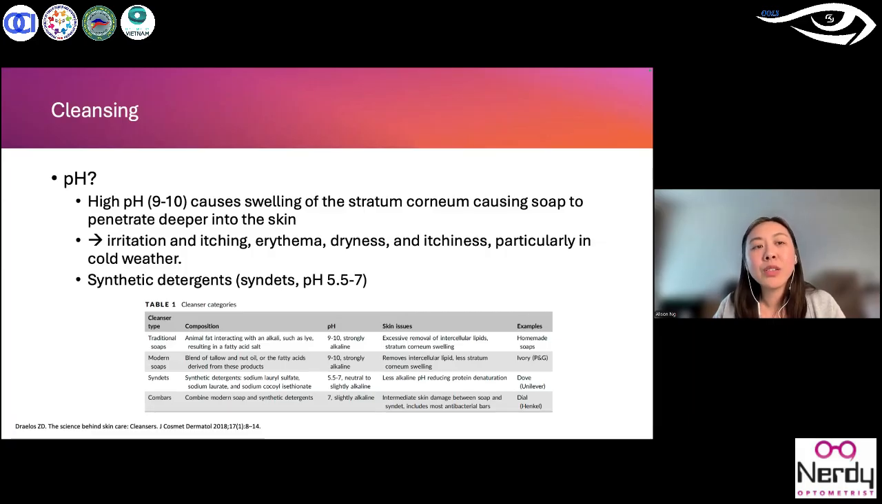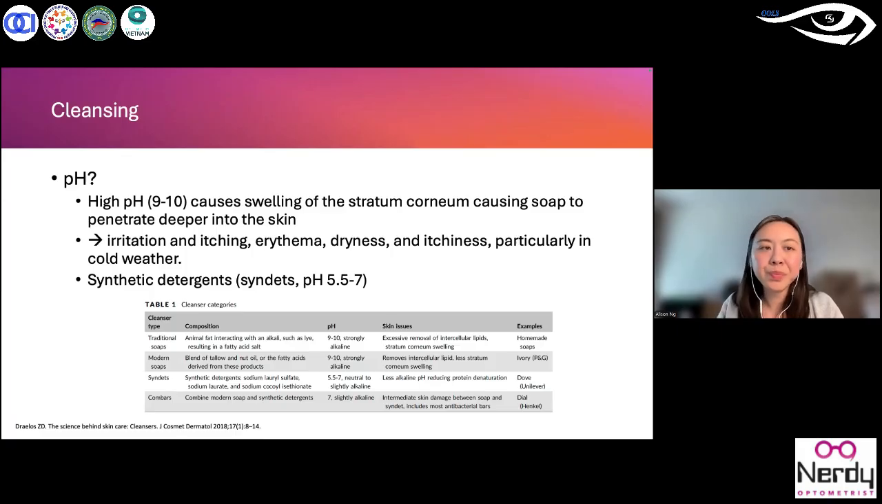And unfortunately, for some patients, using a high pH cleanser can affect the structure of the skin. It can increase swelling of the stratum corneum, and this can allow the detergent to get deeper into the skin and ends up becoming a more sensitizing agent. If you couple this with any pre-existing irritation or itching, redness, dryness, it can make the skin feel worse in